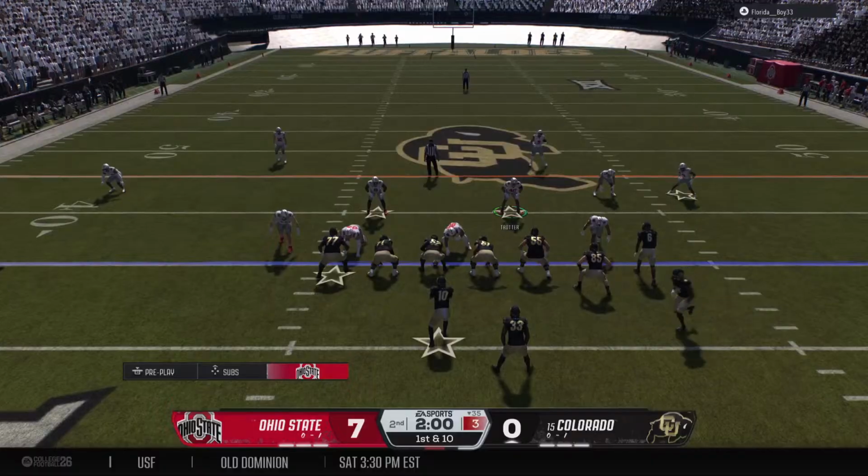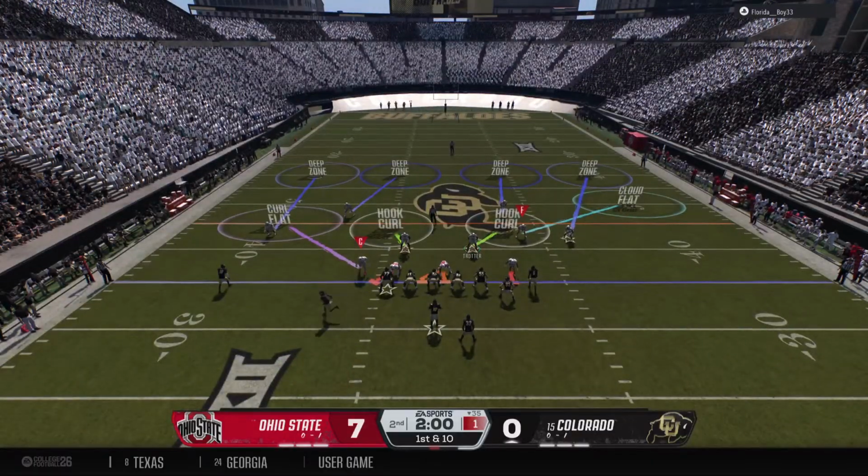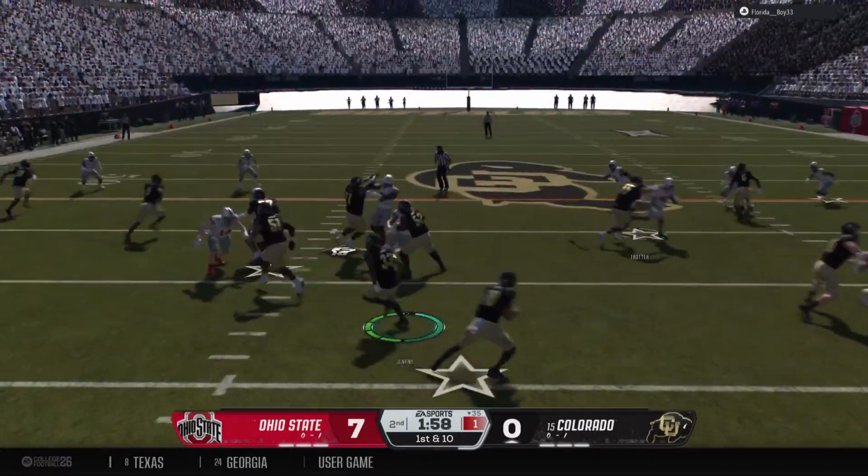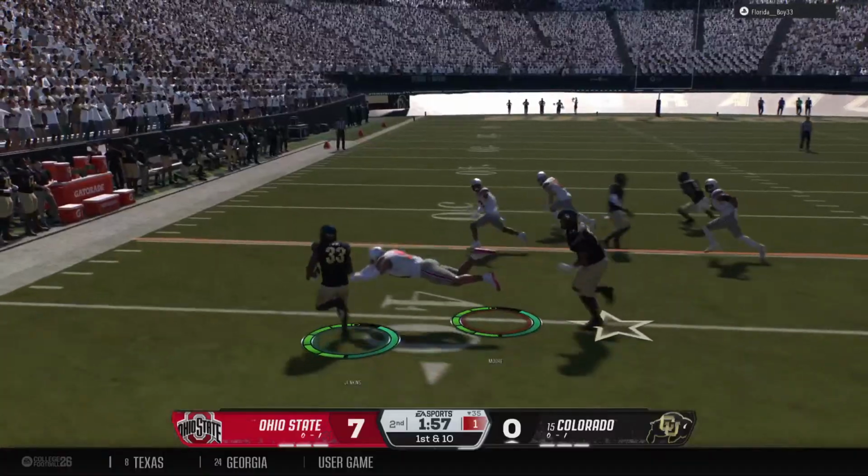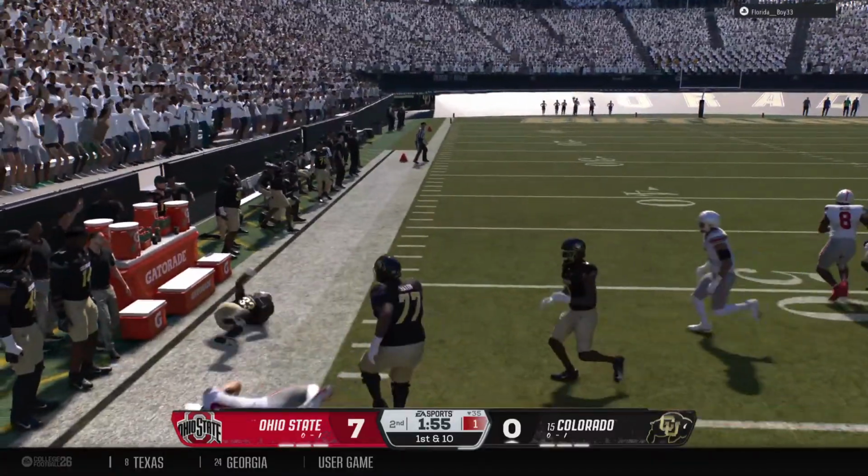They'll move the wide receiver. They'll run it out of the shotgun. He finds an